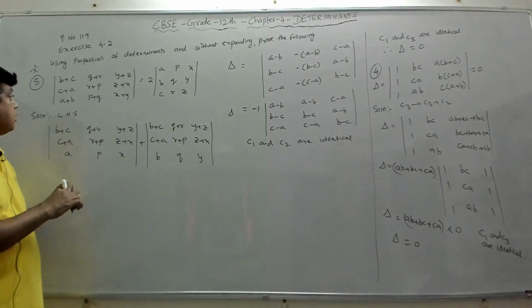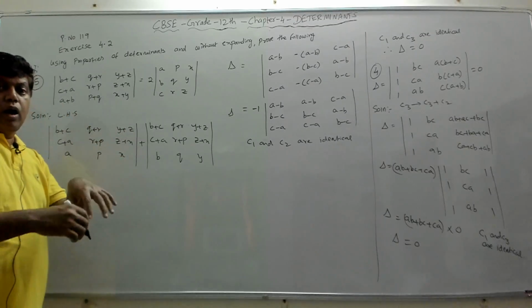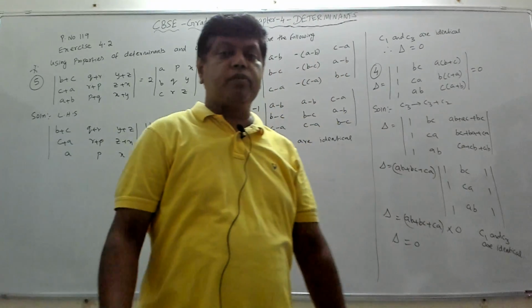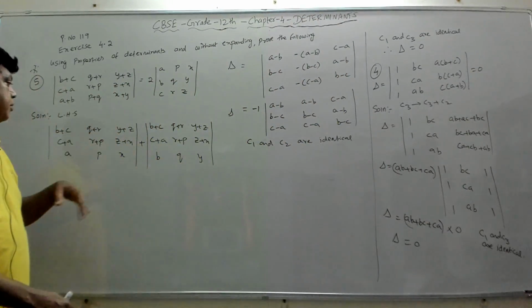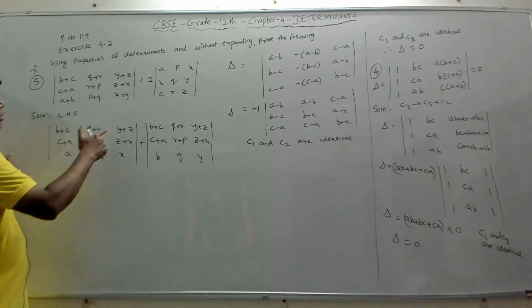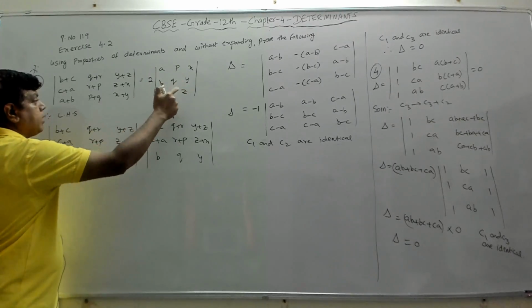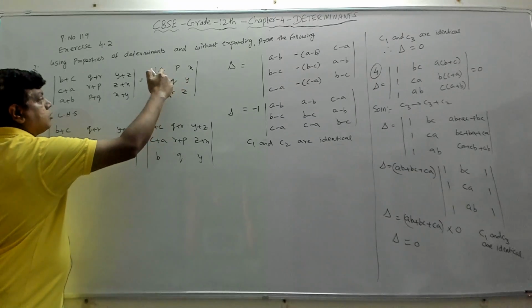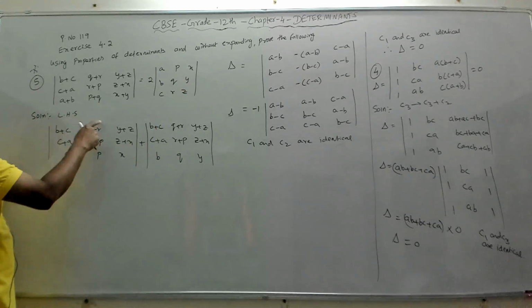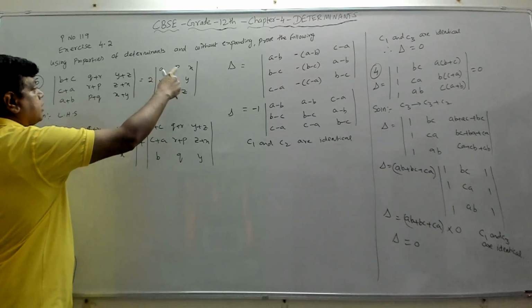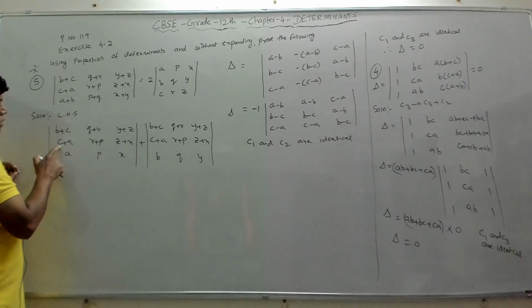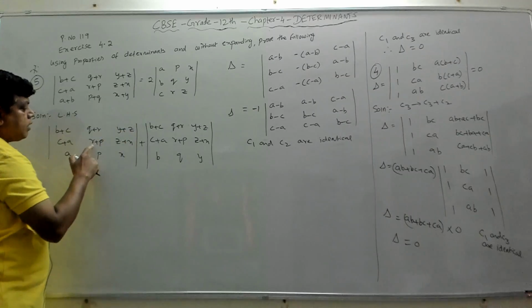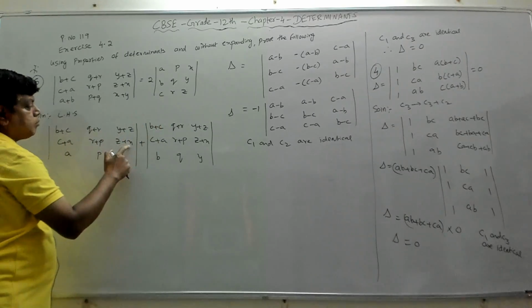So we have written the determinant as a sum of two determinants, because the elements of row 3 are expressed as a sum of two terms. Now if you observe, we need to get this A, P, X, B, Q, Y, C, R, Z. Here we got A, P, X. Here also we got B, Q, Y. So these two rows have come here. Now similarly we have to change these also into this form. Here we have C plus A; we need only C. Here also we have R plus P; we have only R. Z plus X; we need only Z.